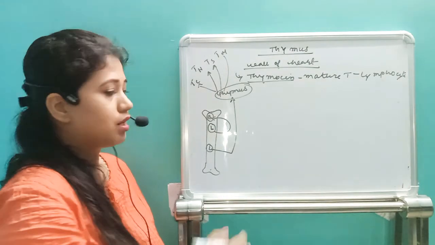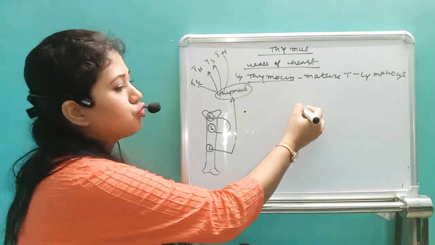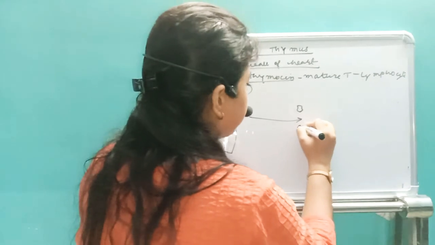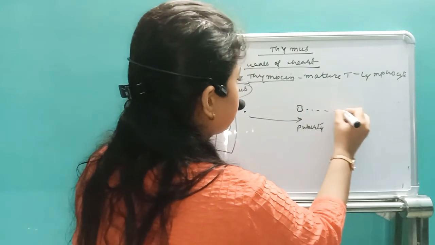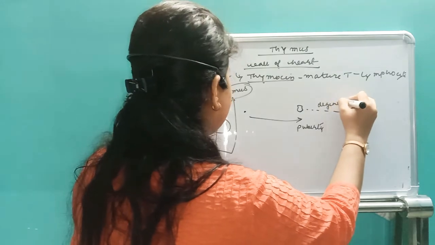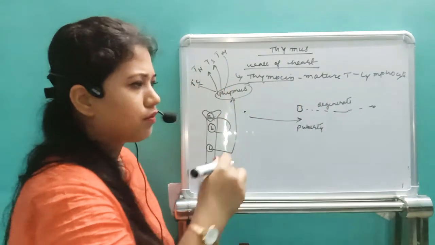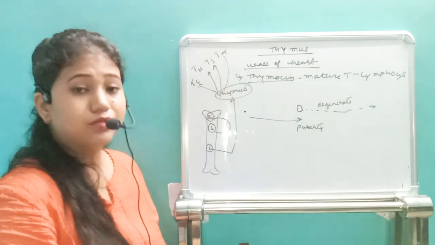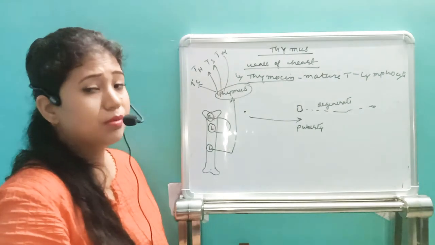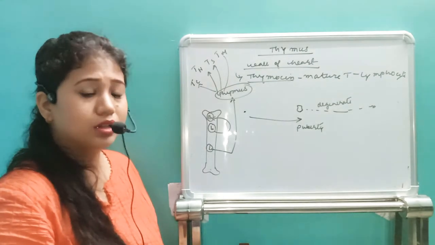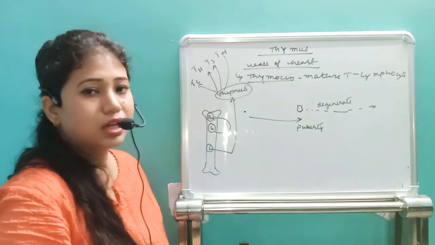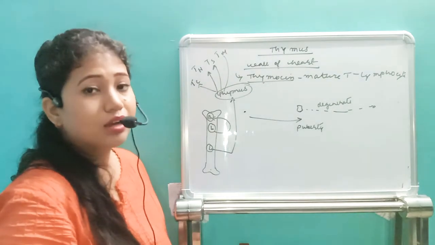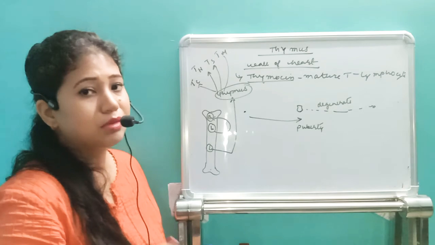One thing we need to remember is that from the time of birth up to puberty, the thymus gland will grow. But from puberty, the thymus gland will start to degenerate, and at the age of 60-70 years, the thymus gland will be completely erased from our body. That's why it's said that we have the maximum immunity in our childhood, but as we grow older, the thymus gland is not able to perform much function, or cannot secrete that much thymosin hormone, so we start to decrease the CMIS, or cell mediated immune system.